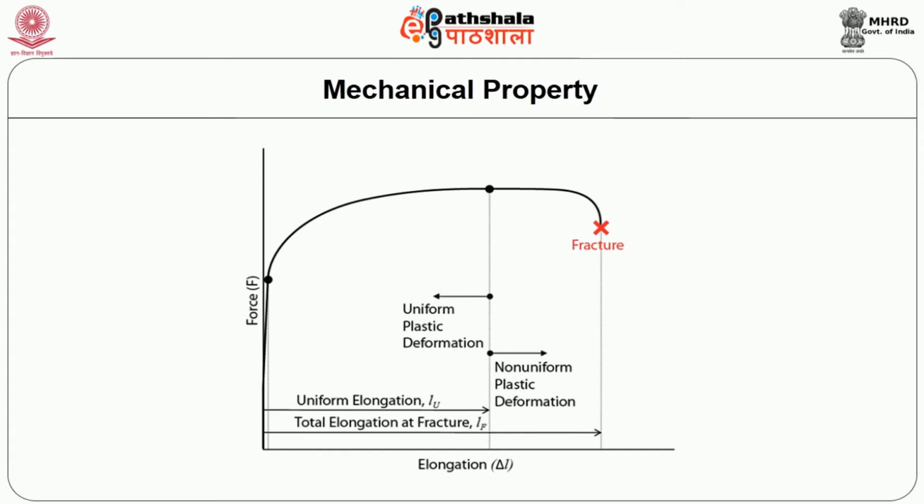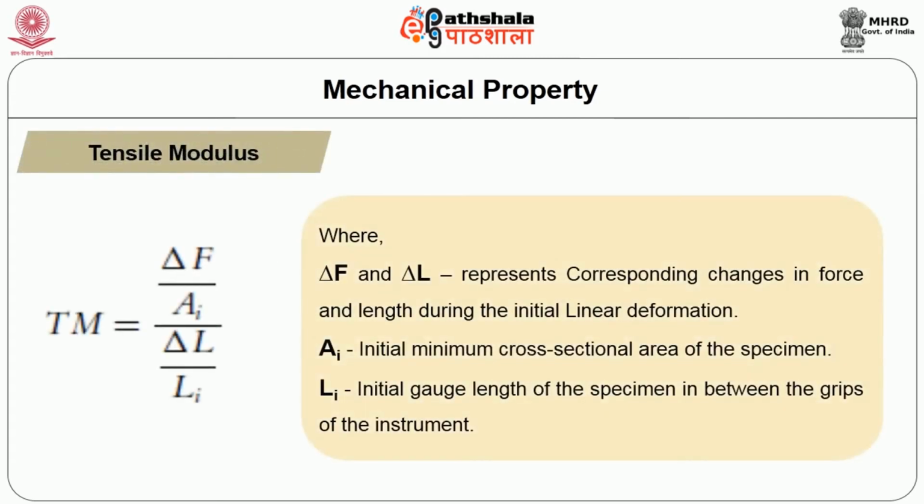So if you look at the details in figure 1, basically figure 1 is obtained by plotting the applied load on the x-axis and the resulting elongation of the packaging material on the y-axis. The curve thus obtained is called the force elongation curve. The important mechanical properties include tensile modulus, tensile strength and percentage elongation. Tensile modulus is represented as Tm and is calculated using the following formula. Tm is equal to delta F divided by Ai, whole divided by delta L divided by Li,